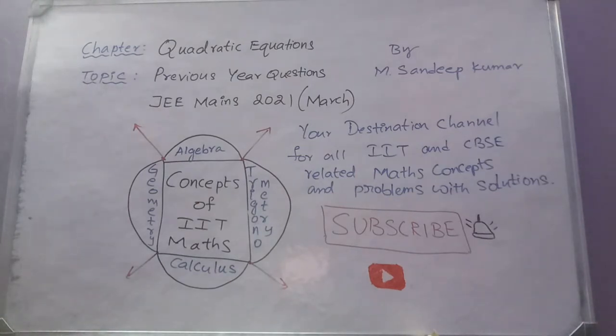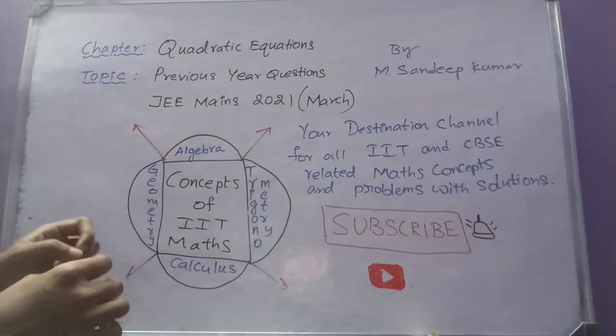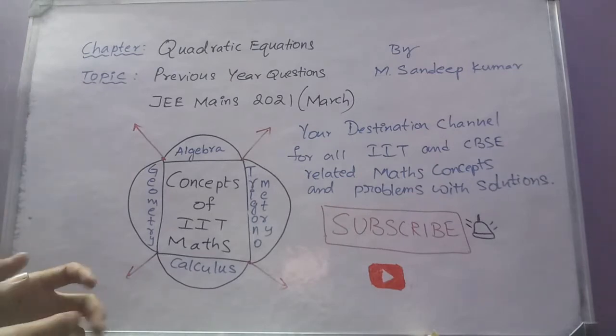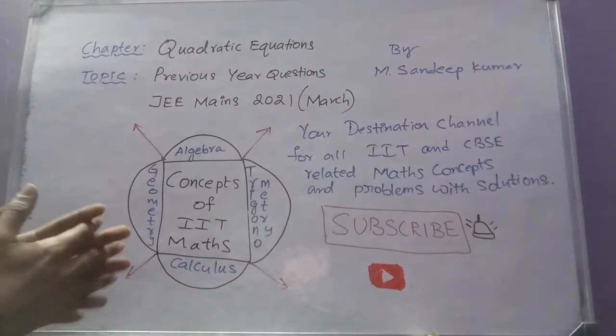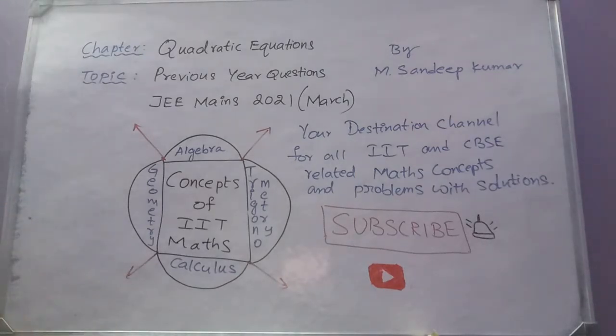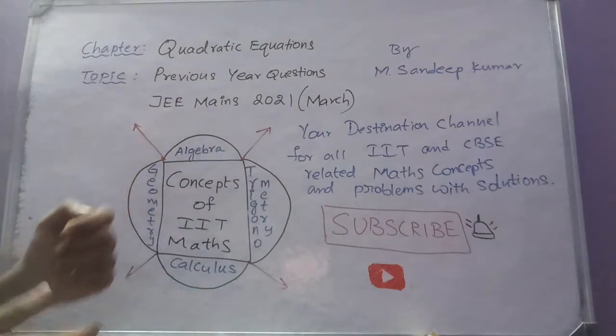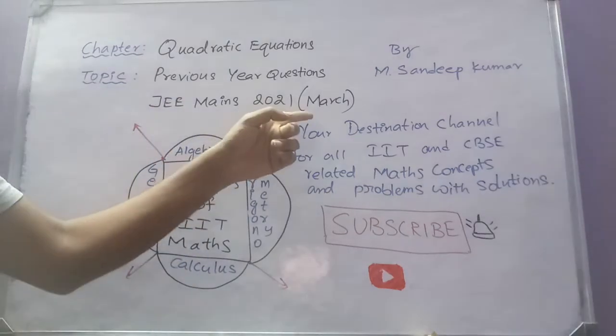So your destination channel for all IIT and CBSE related chapters, concepts and at the same time their problems and solutions. We are in the chapter of quadratic equations and we have completed all the concepts including their examples, and we have also discussed previous year questions. We have discussed the previous year questions up to 2018, then 2019 and then 2020 in the previous videos. So in today's video, we'll look into the previous year questions of JEE Mains 2021 March papers,